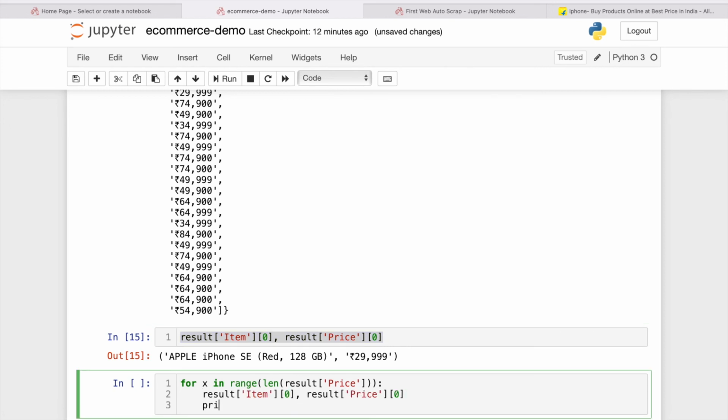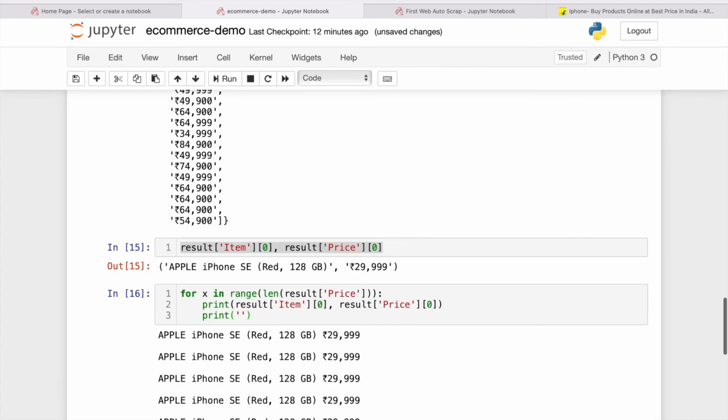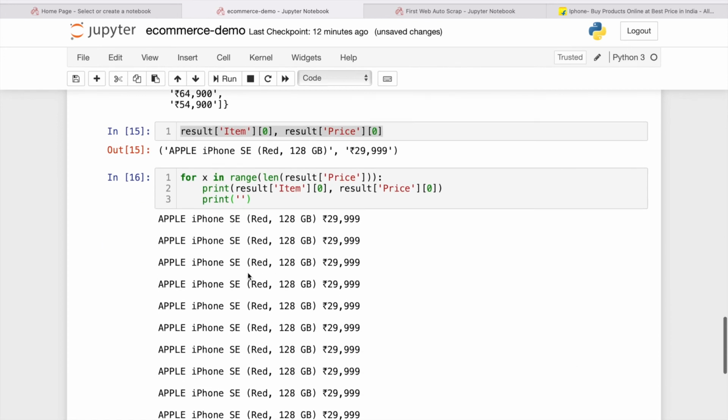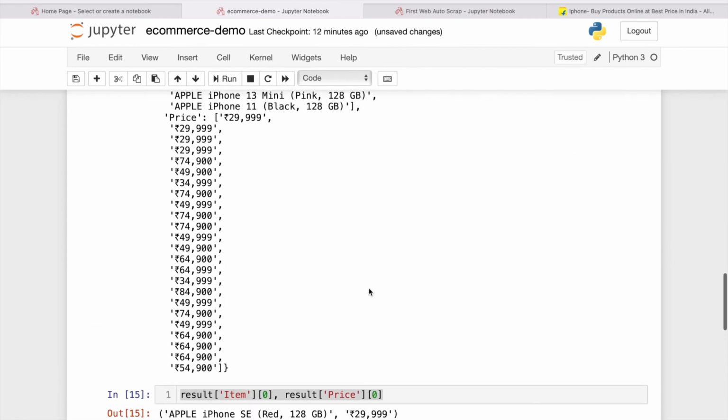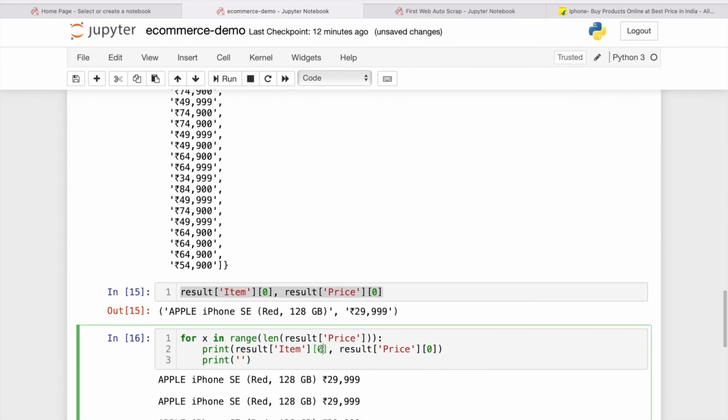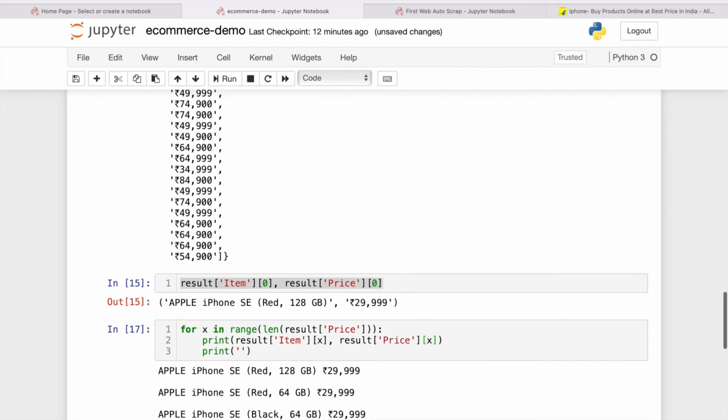And make the print, and also make one separator here, right? So now if you do, you can see this, right? The Apple price is this one, right? Okay, so we move from 0 to x, right? So it is not hard-coded now. So if you see now,